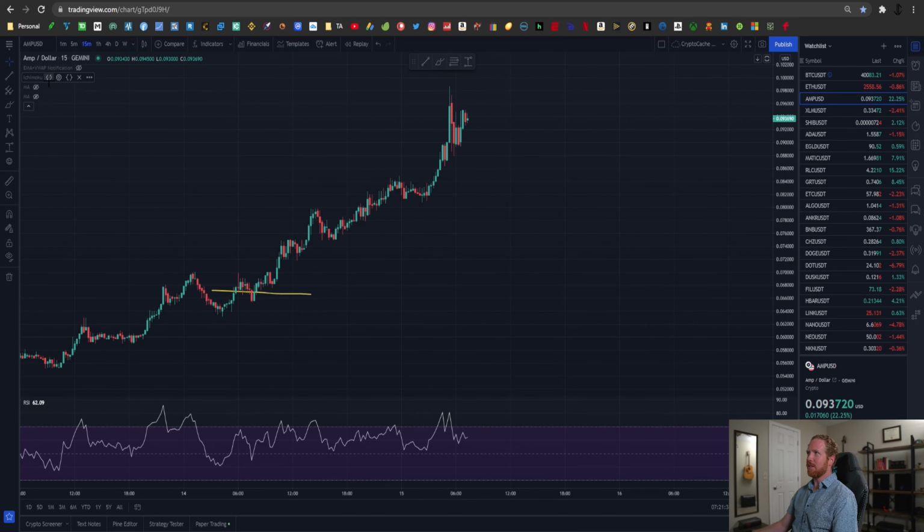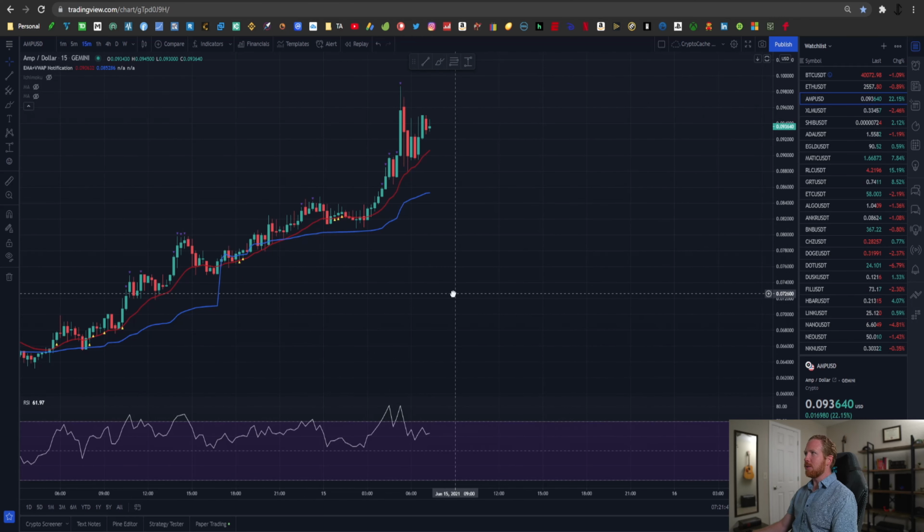Let's go ahead and turn that off. And what we'll do is turn on my favorite indicators here, which is the EMA and VWAP lines. Now, if you're new to the channel, the VWAP line is the volume weighted average price. That's this blue line here. It essentially takes the 24-hour volume and expresses it as a price. So according to the last 24 hours of volume, the price should be at 0.085, whereas the price is at